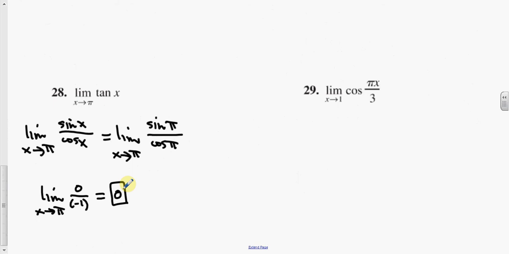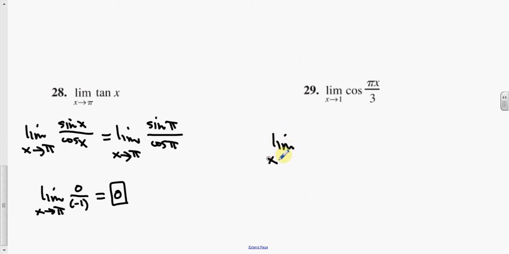We would have to deal with asymptotic values and examine the limit if this was cotangent. That is, if it was the limit of cosine over sine. Once we get that 0 downstairs, then that gives us a bit of caution, and we have to employ other methods. Number 29,